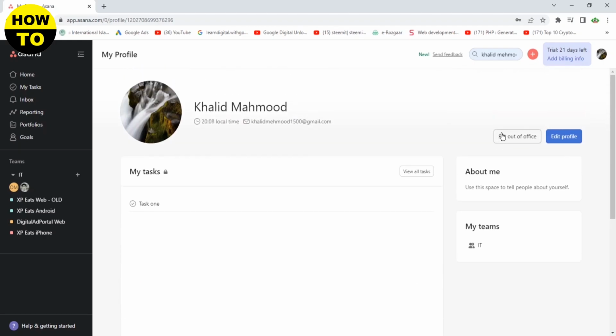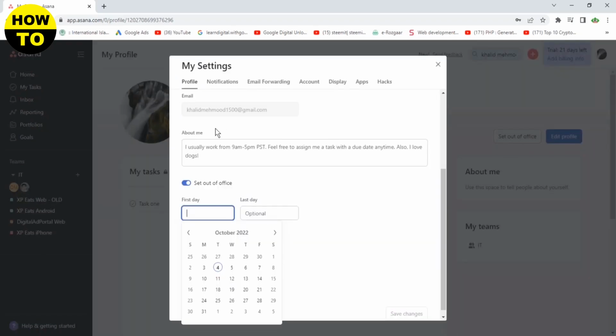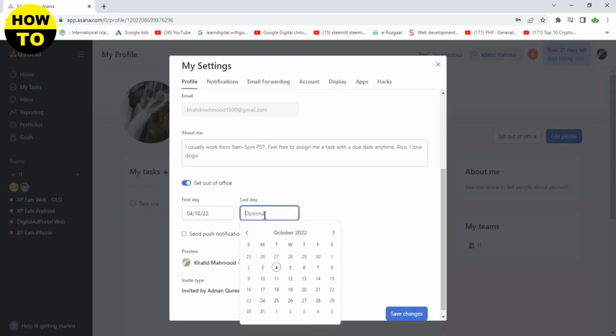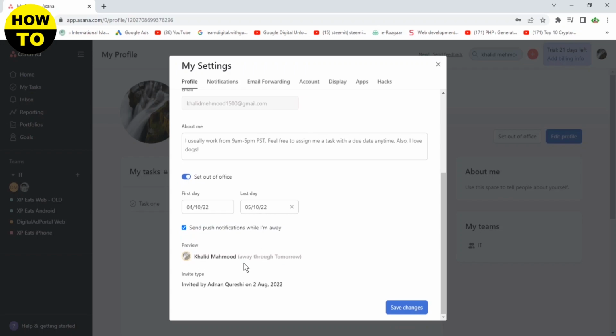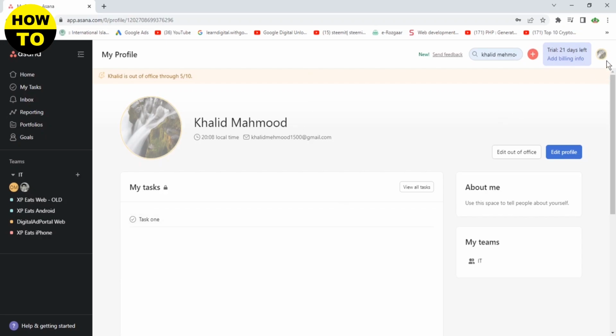Now you can also click on set out of office. Now you can simply add the date here. You can also add send push notification. So this is according to your office settings. You can also type here the further details. Click on save changes. Now simply what we need to do, just you can see